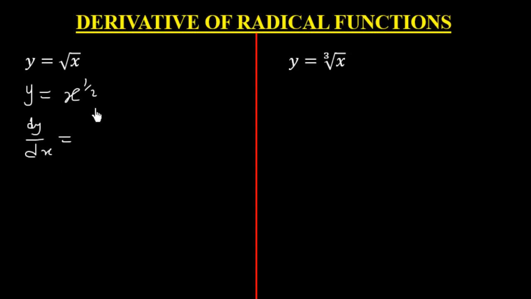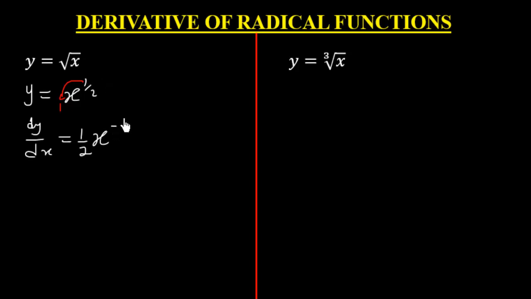To differentiate x to the power half, we multiply the exponent of x by the coefficient of x, and the coefficient of x here is 1. So half times 1 gives us half. And then the exponent of x has to reduce by 1. So half minus 1